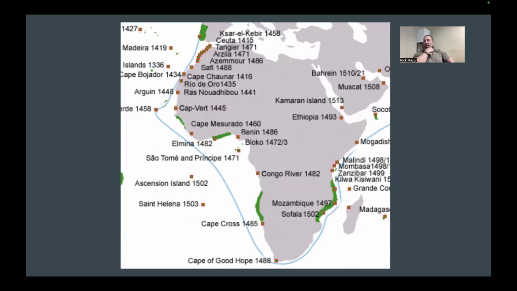And you can see here that there are several different destinations and the year that the Portuguese arrived, right? So you can see that they start over here on the islands of Madeira and the Cape Verde Islands. So we're looking at 1419, 1458, but making it over here to Elmina, present-day Ghana, in 1482, Cape Cross down over here in present-day Namibia in 1485, the circumnavigation, or actually circling the Cape of Good Hope, in 1488 by Bartholomew Diaz, right? And then eventually coming over onto the East Coast, like where Zanzibar is, and over here into India and into China, right?